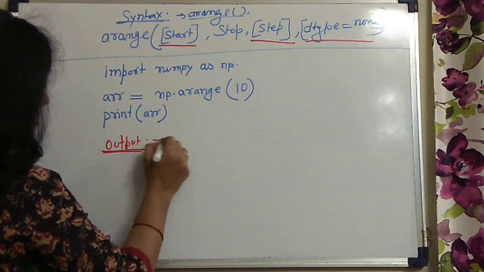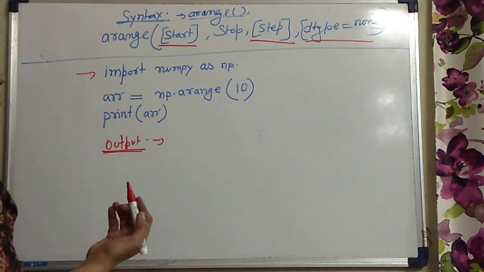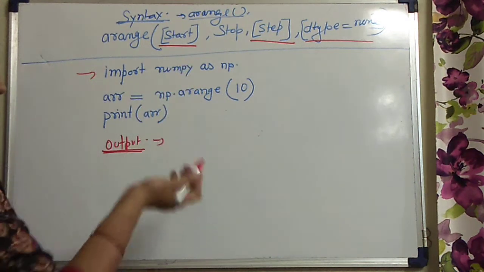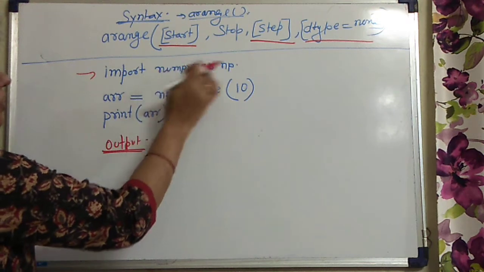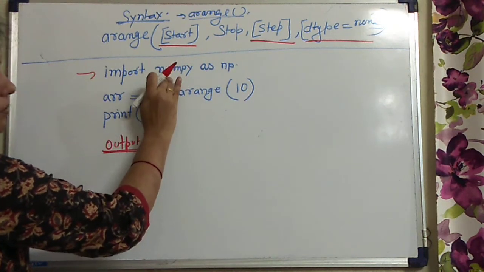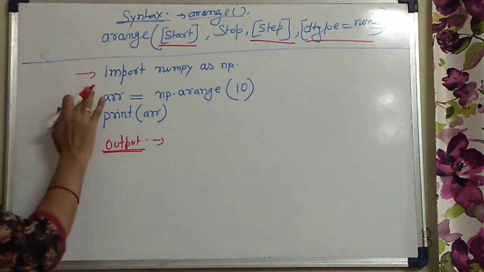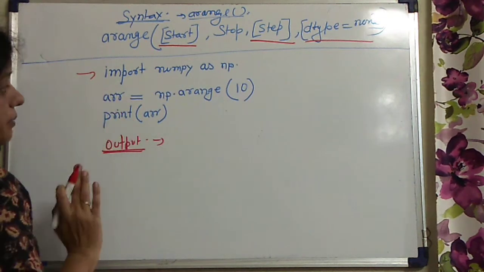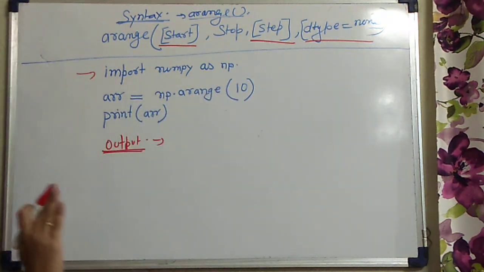Output will come. First of all, let us see, when you compile, the control will come to the first statement, the import statement. So the numpy library will be imported, included in this program, and this numpy will be referred to in this program as np. Okay, now come to the next. This is the variable name equals to np dot arange 10, right?